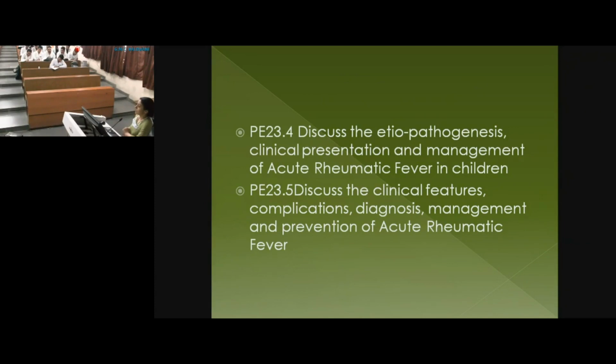Now, why is it that rheumatic fever is common in our countries? It was like this in the US a few decades back. It's not there anymore. So how have they been able to prevent it, right? So basically it's the improvement in hygiene, they don't have overcrowding, improvement in the socioeconomic status. So you find that it can be prevented.